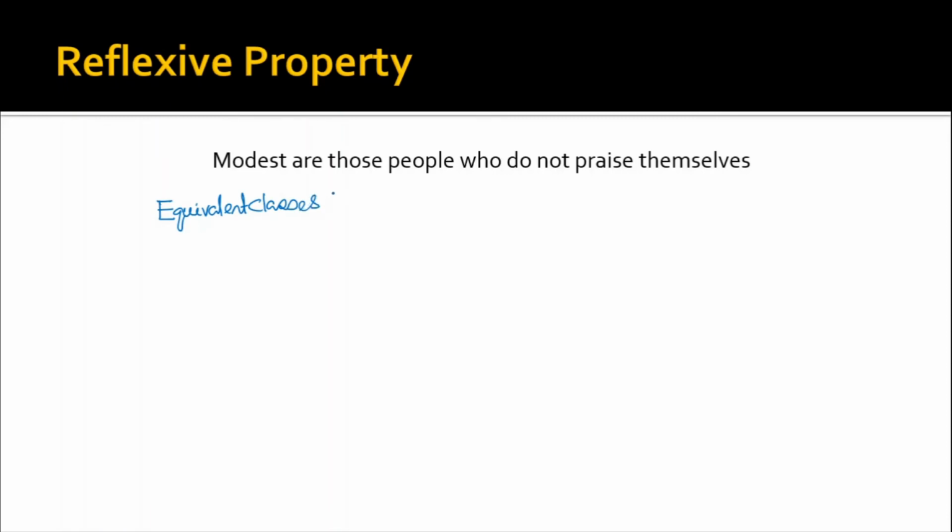We are defining modest person, and it is the object intersection of person